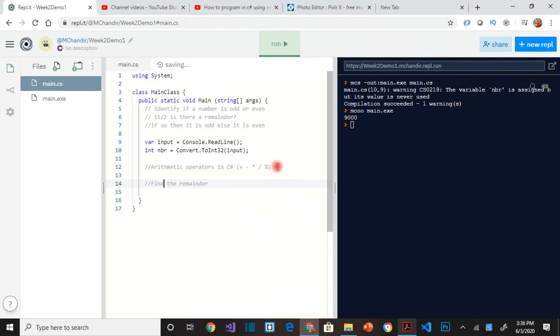That's the job now. So I have to say int remainder, that's my variable, equal to not 15, but the number NBR, that's the input, divided by 2. Sorry, percentage 2. That's the mod. This gives me the remainder. Okay. So the next thing is, I said if so, if there is a remainder,